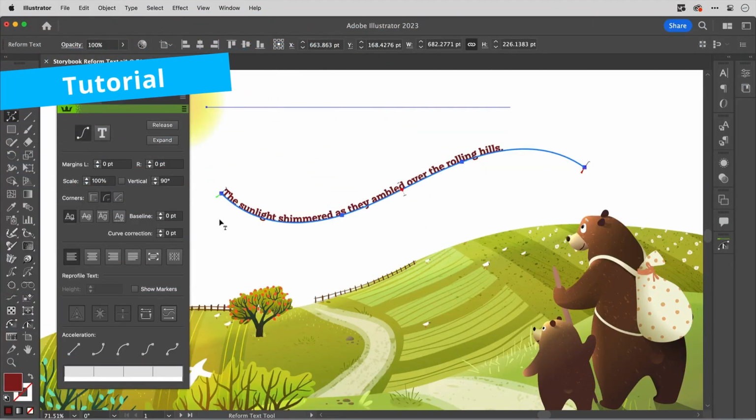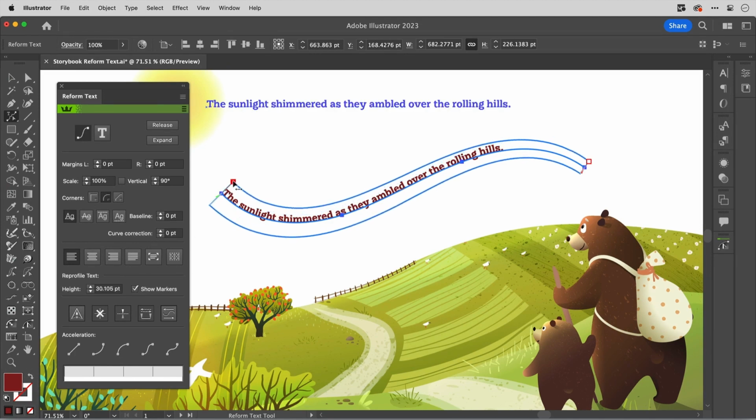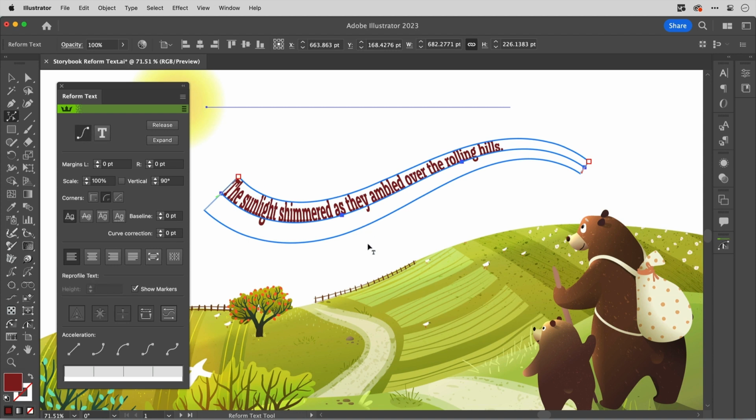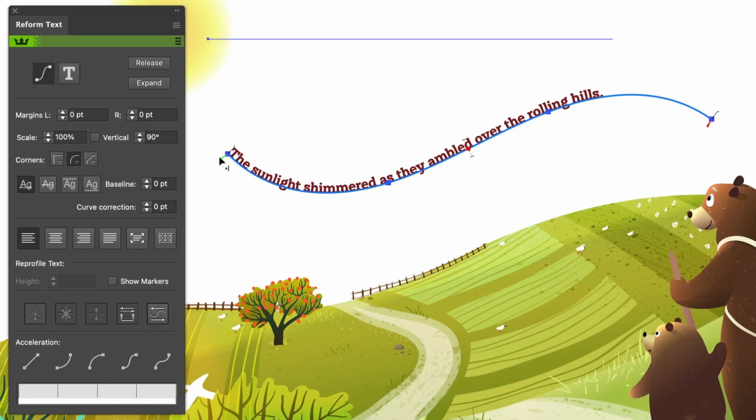In Reform Text, you can work in two different modes. Basic mode, which is how we've been working so far, and there's also variable height mode, where you can create effects like this. But in this video, we'll be working in basic mode so that we can look at all of the options in this top section of the Reform Text panel, and we'll cover variable height in the next video. First, we have the margin fields, which we looked at in the last video, and which allow us to control the left and right margins on either side of the delimiters.